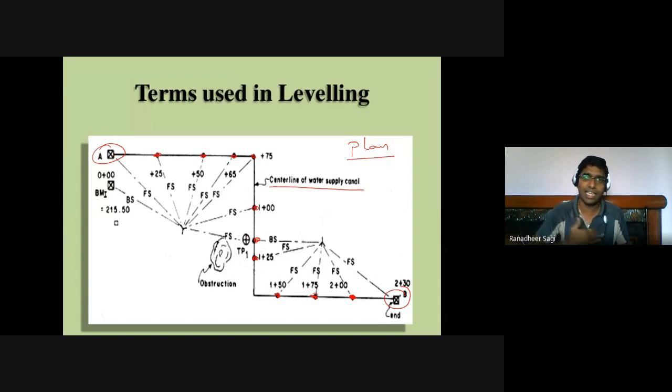It need not be exactly in the direction in which you are required to take your measurements of the leveling staff. You need not set your instrument in that direction only. That is one important point. You can set your instrument wherever you want. However, when you set up the instrument at that location, you should be able to see the readings of the leveling staff when it is placed on the various points for which you want to know the elevation.